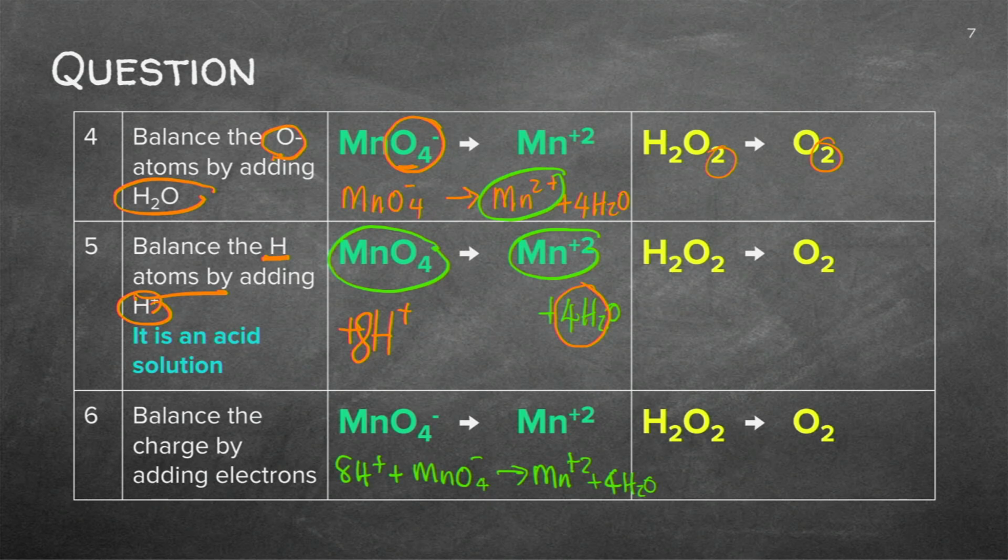Let's balance the charges. What is the charge here? It's 8 plus. Here I've got 1 minus. So in actual fact I have 7 plus. On this side I've got a 2 plus. So how am I going to balance it? I am going to add electrons. So let's quickly see what we're going to do. I want to take it down to plus 2. So I will add 5 electrons to this side. Can you see how you're going to balance the 7 plus to become a 2 plus by adding 5 electrons?